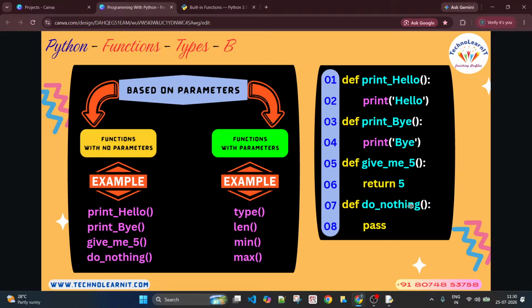So this is how, based on the parameters that a function takes, there are two types of functions. One is functions with no parameters. That means the function doesn't take any arguments. The other one is functions with arguments or parameters. These functions will take input and then act on the input that they have received within that execution flow. All right. Again, it's the same documentation. If you want to learn more about functions, you can refer to this document on the official Python website.